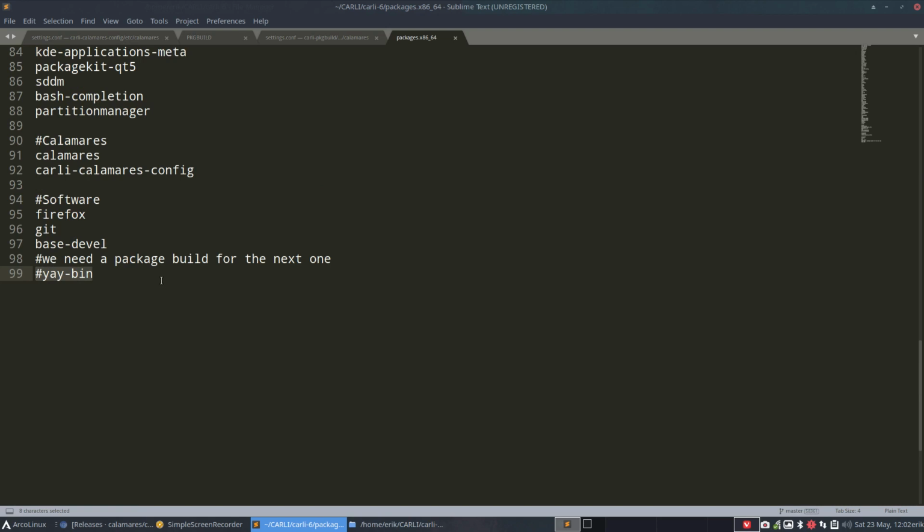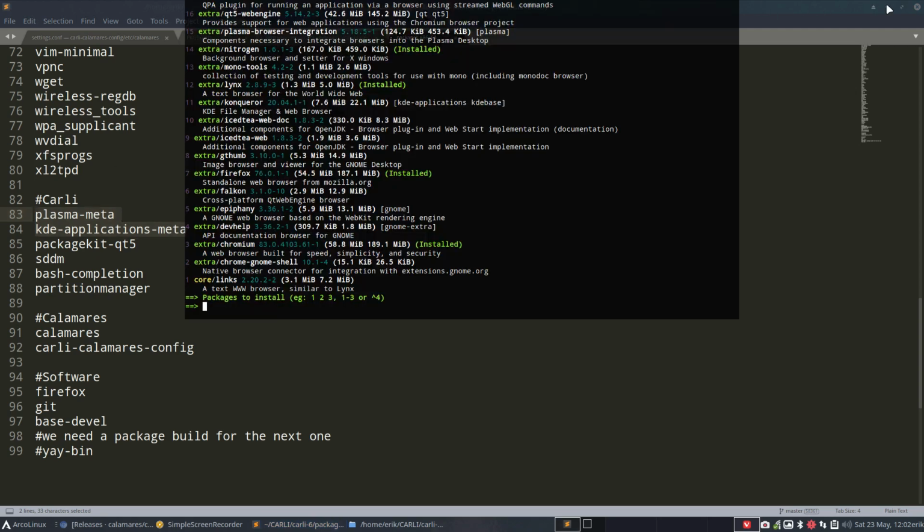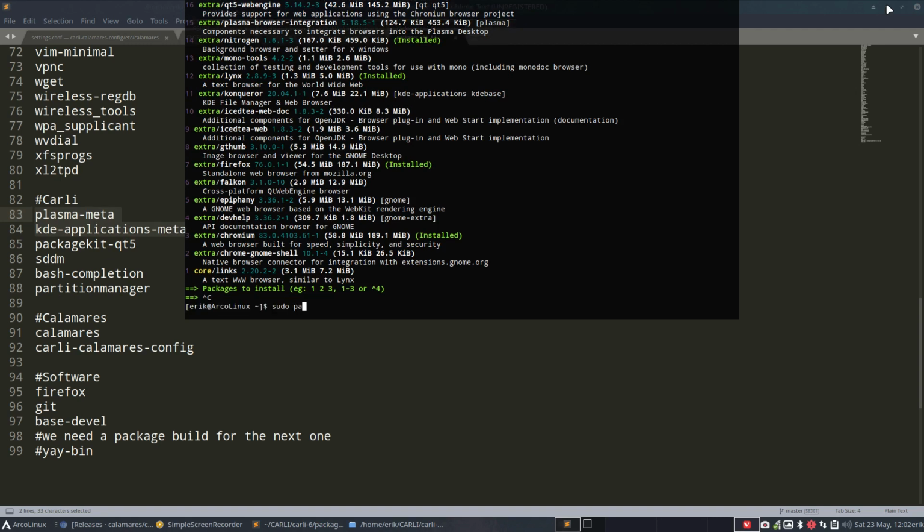So what if we have indeed an ISO that's going to work and install Plasma or XFCE or Mate? Anything you put up here is going to be on your ISO, right? These guys, that's the desktop. You would like to have an AUR helper, yay this, yay that, or trizen this, trizen that. If you want to have a package that's not done with sudo pacman -S, anything that can be done with sudo pacman -S can go on the ISO. So yay-bin,